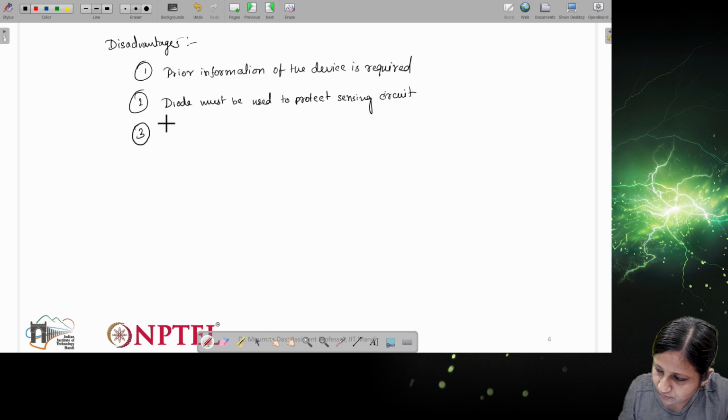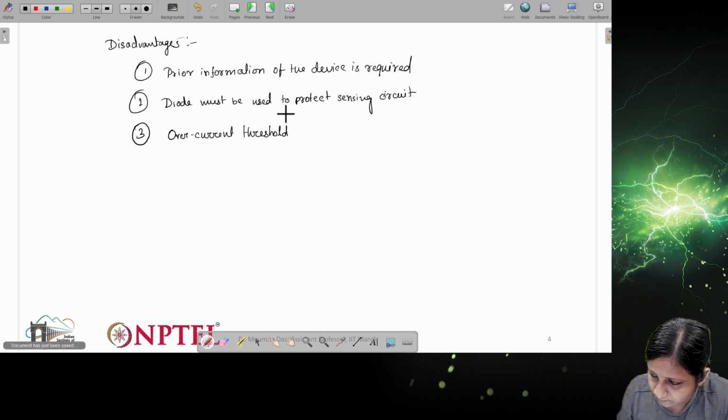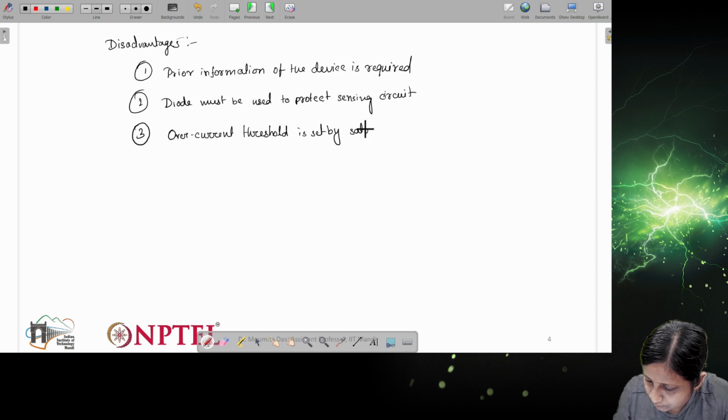Third is that the overcurrent threshold is set by the saturation current level.